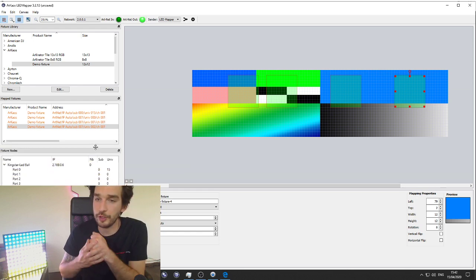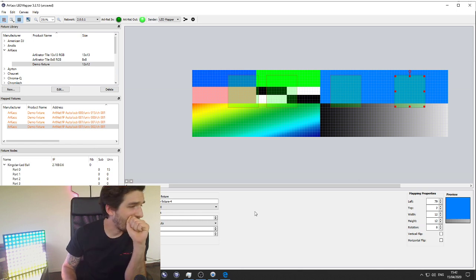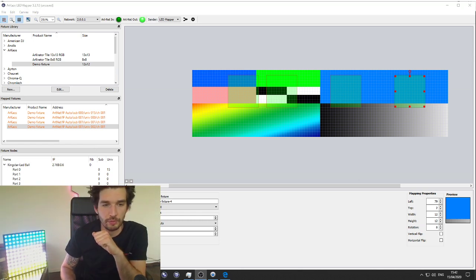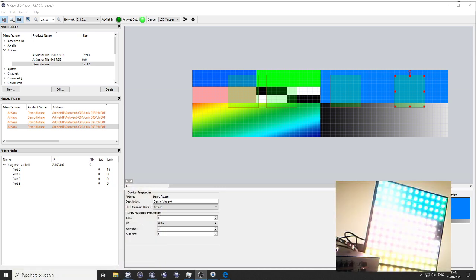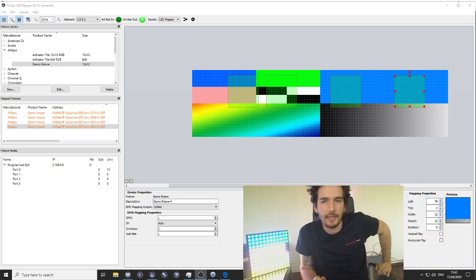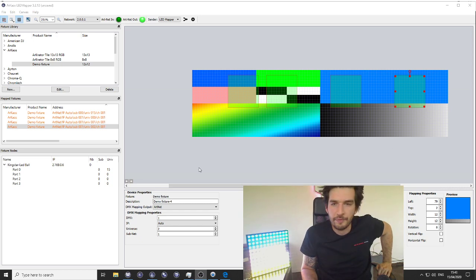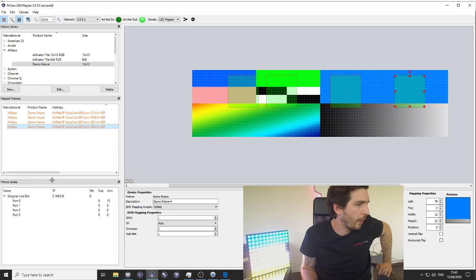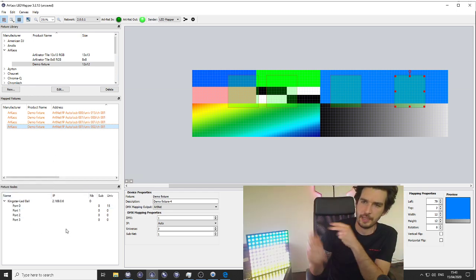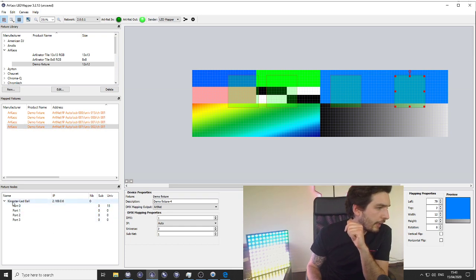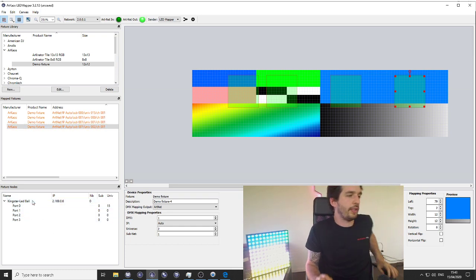So 4 fixtures. I'm gonna switch to my second camera. Okay, gonna move that here. Okay, so left hand side, fixture node. So what's the fixture node? What do I see in that window here? I can just select a fixture. I can't do much with that.